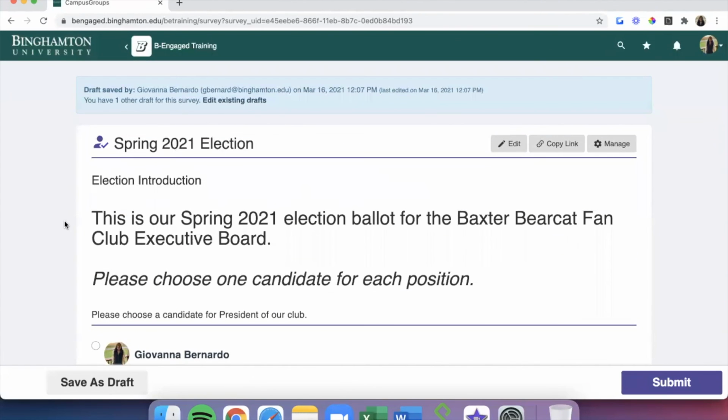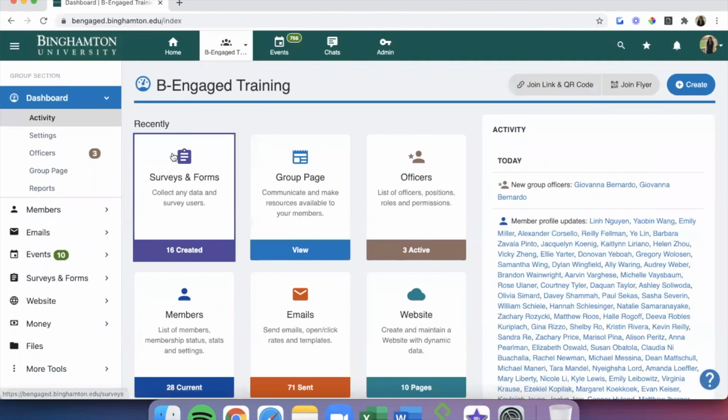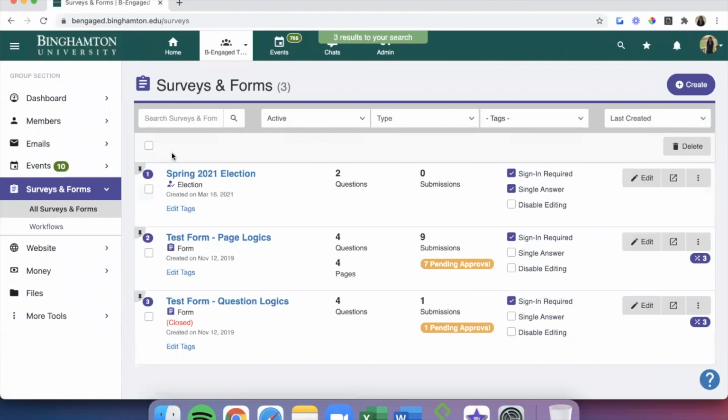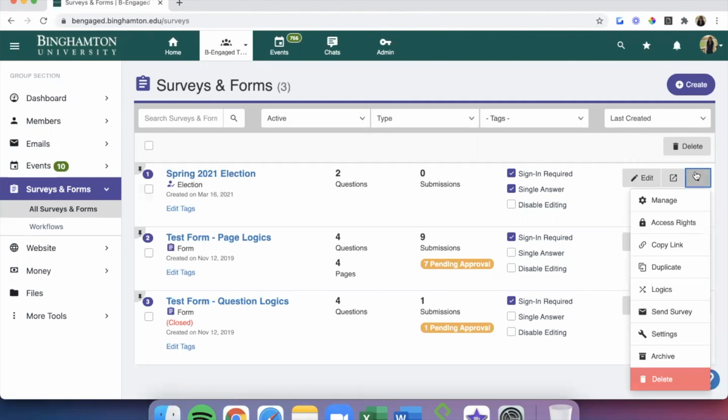Whenever you finalize your ballot, you should find the ballot link and the ballot's QR code to send out to members. To do that, head back to Surveys and Forms within your group, find your ballot, and scroll over to the three little dots next to your ballot on the far right.